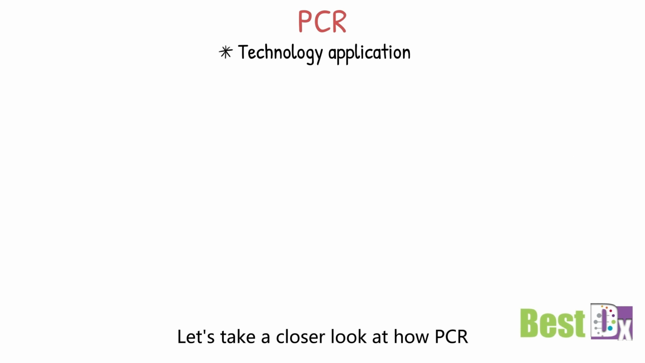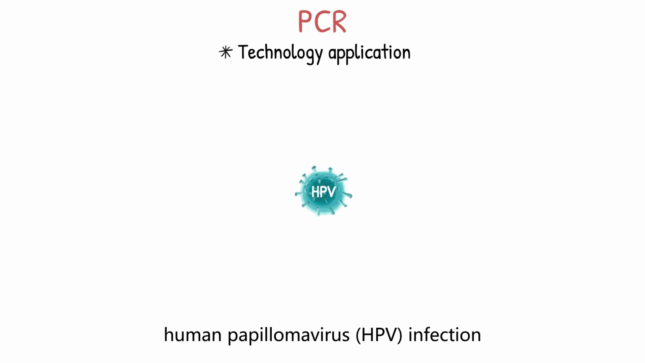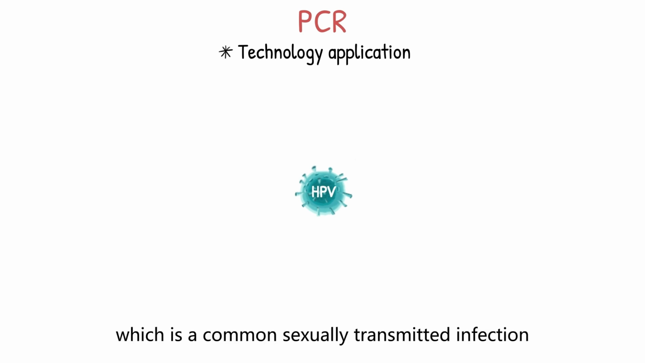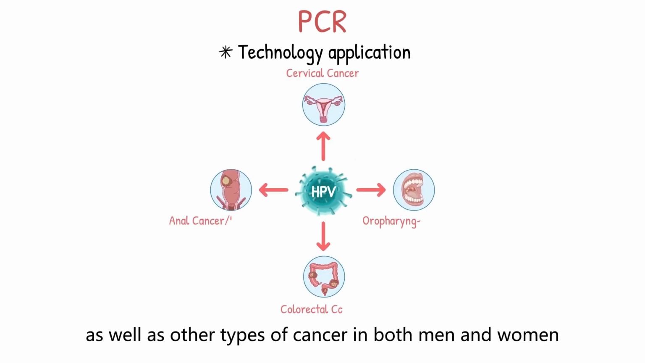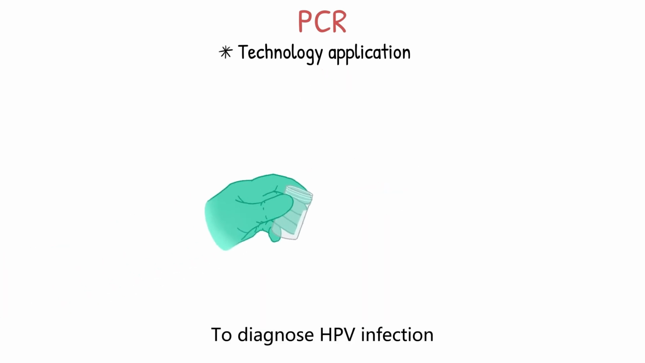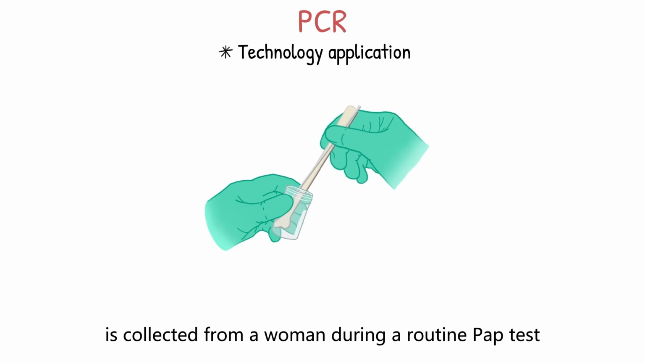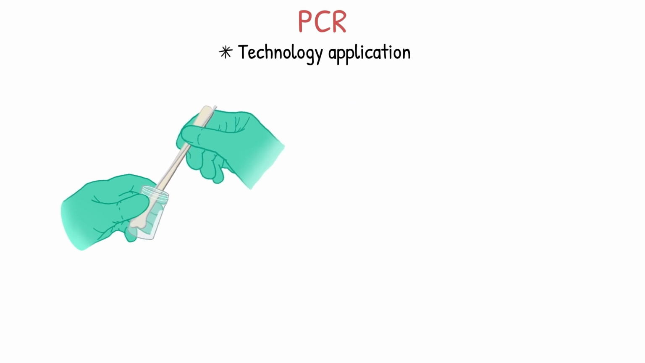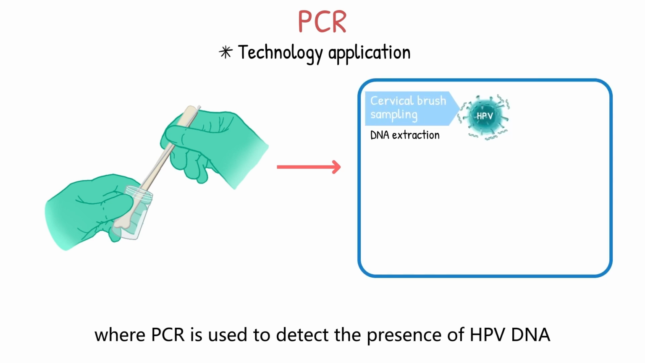Let's take a closer look at how PCR is used to diagnose human papillomavirus, or HPV infection, which is a common sexually transmitted infection that can lead to cervical cancer in women, as well as other types of cancer in both men and women. To diagnose HPV infection, a sample of cervical cells is collected from a woman during a routine Pap test. The sample is then sent to a laboratory where PCR is used to detect the presence of